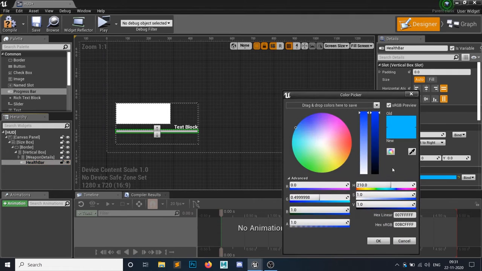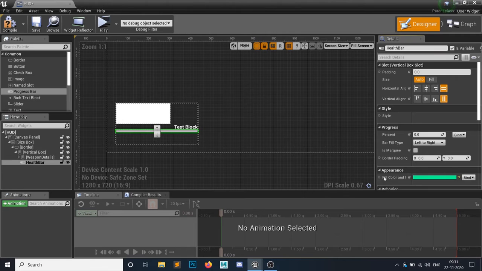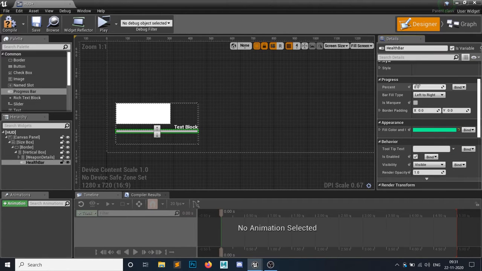Let's set the fill color to green, because in Days Gone the developers used the green color. As you can see, my health bar is moving. If you want to create a gradually increasing and decreasing health bar, you can click on this I button, so you can code this health bar. But for now I am simply making it like this.